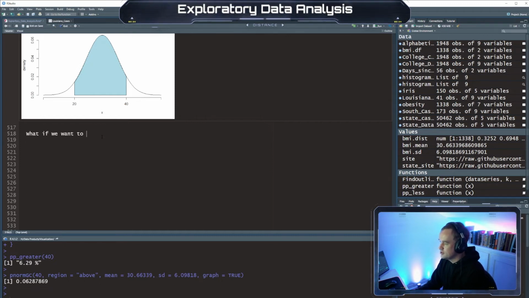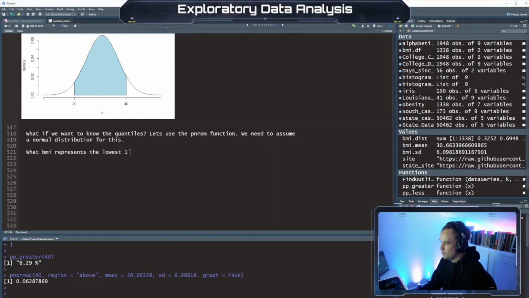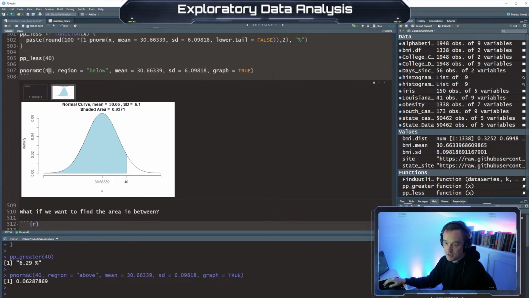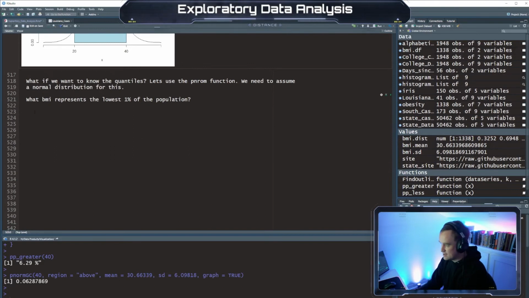What if we want to know the quantiles? Let's use the pnorm function. We need to assume a normal distribution for this. What BMI represents the lowest 1% of the population? So instead of asking a question starting with a BMI number, what if we just want to know the percents, right? So we say, okay, what's the lowest 1%? Well, what we can do is,